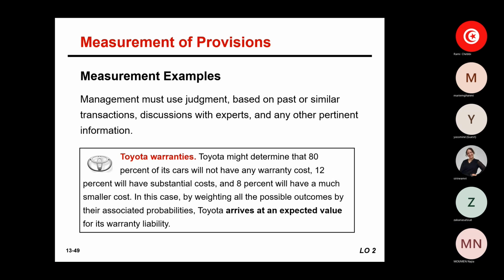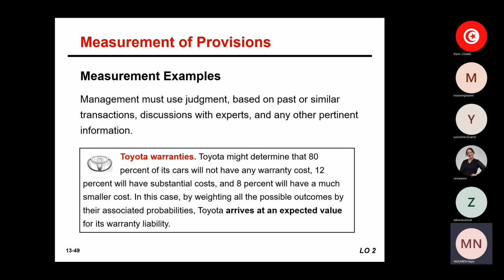Okay, let's see an example here of the measurement of provisions with the different common types of provisions. Okay, so here we'll see in detail the different types. We'll be talking about warranties and environmental damages and litigations and so on. Okay, so what was just explained in prior slides, let's see an avant-goût, just an explanation, of course,